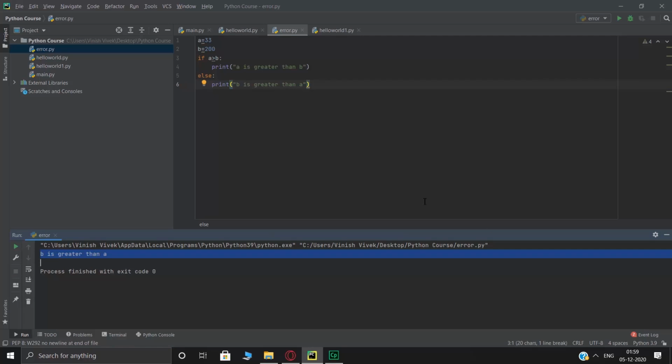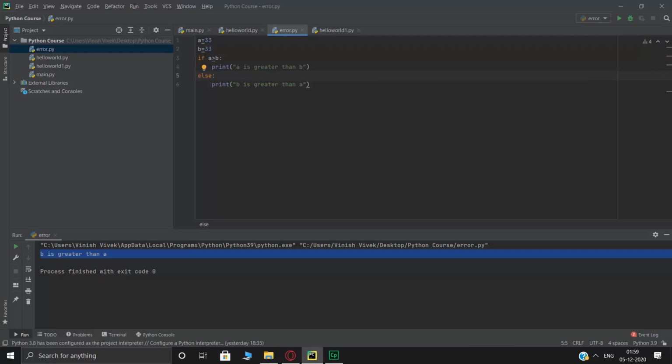Similarly, you have else if. So there could be like a third condition, right? So if A is 33, B is also 33, right? And if A is greater than B, print this, right? And if A is not greater than B, it will print this. But in this case, it is equal to, right?